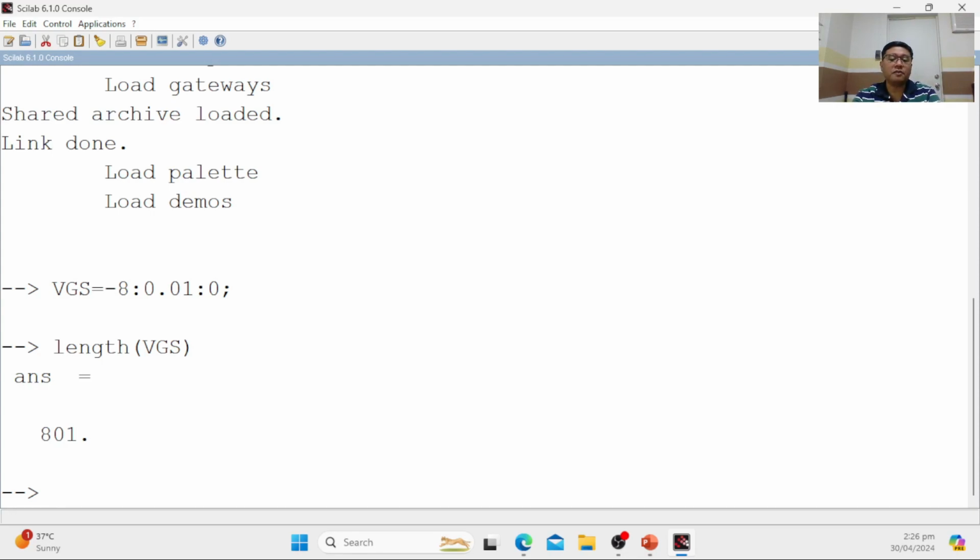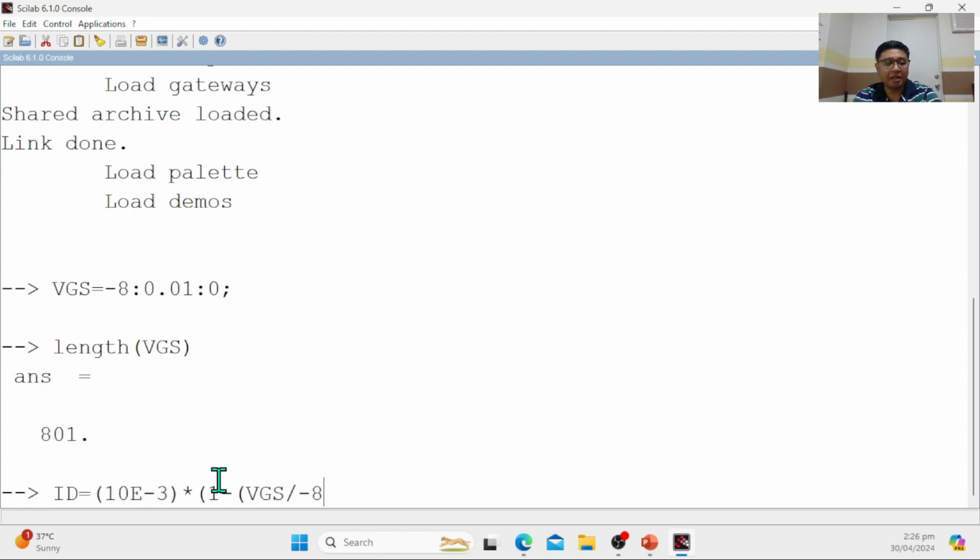Next, we're going to define Shockley's equation. I'm going to use ID equals, IDSS is 10 milliamperes, 10e-3, and then times 1 minus VGS divided by the pinch-off voltage of -8 volts.